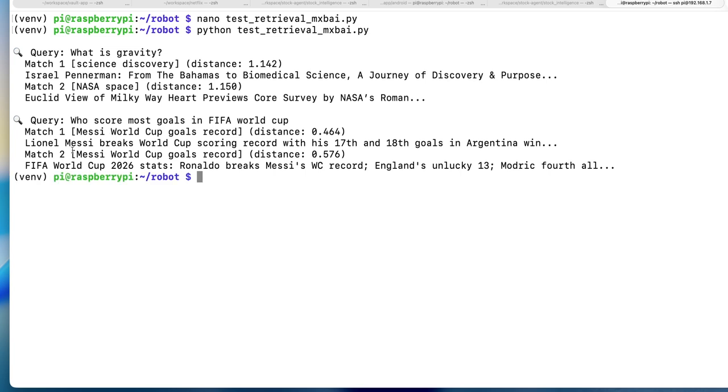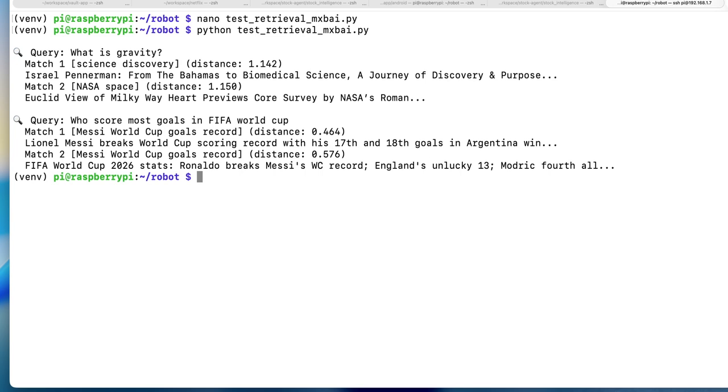It tells you Lionel Messi breaks World Cup scoring record with 17 and 18. That's how we can integrate the API to keep updating our data with current affairs, and we don't need to continuously update our database with a static data set. We can directly fetch the data